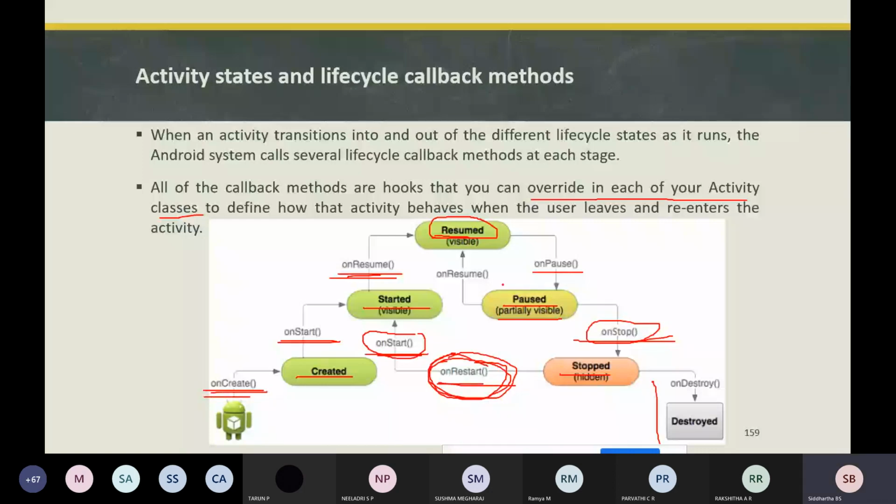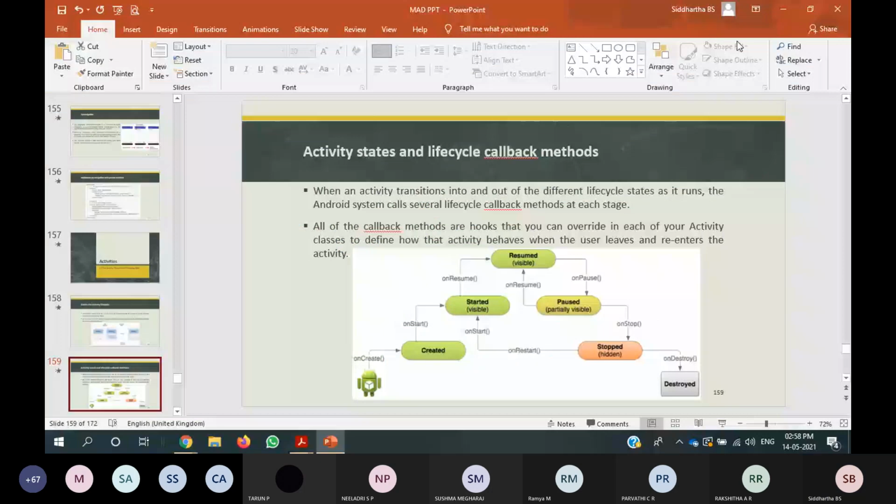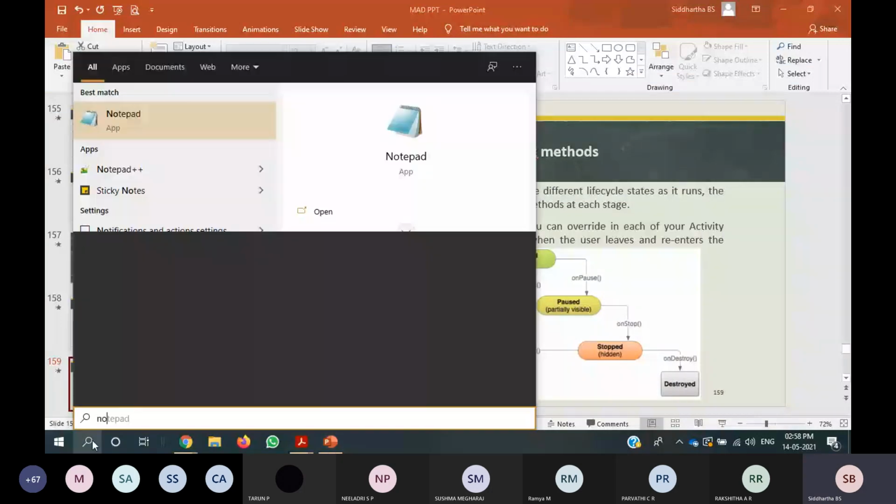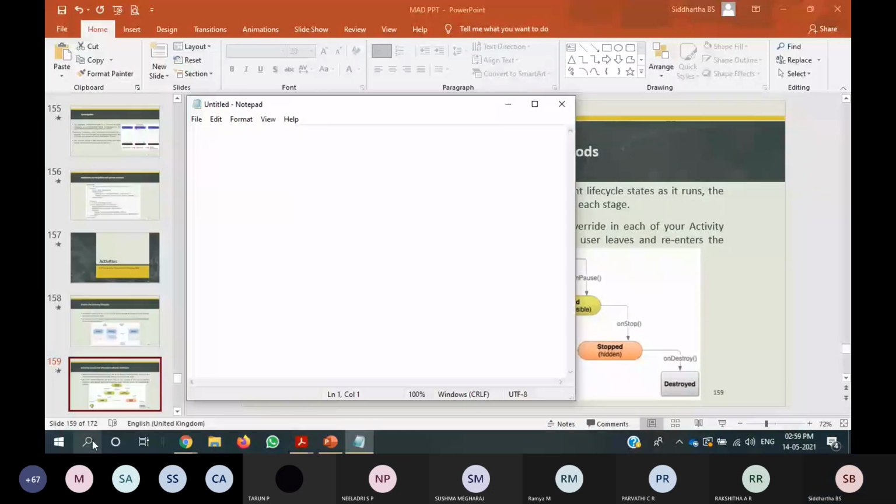So let's see one example. I will tell you how you need to understand the activity life cycle. I will tell a scenario where it can be easily understood. Say for example, there are two activities.